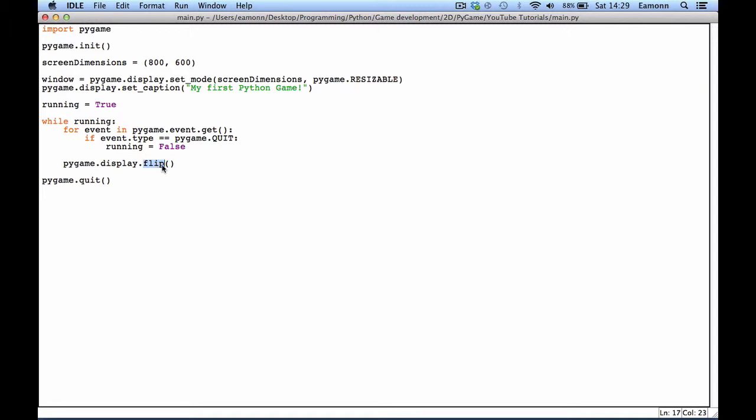I have a good way of imagining it. If you have a chalkboard and you flip it, it'll be a new part of the chalkboard, and then you flip it back, it'll be new again. But yeah, they do the exact same thing. Basically, what they do is whenever you're drawing,